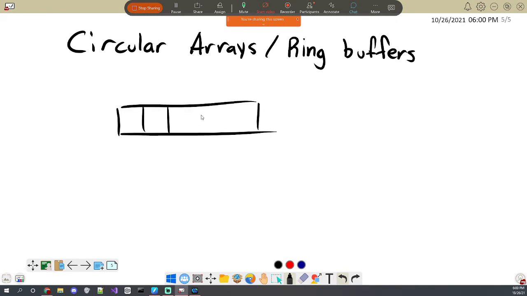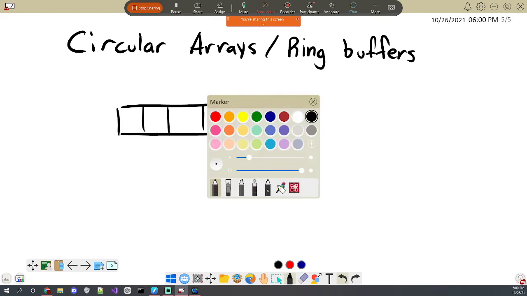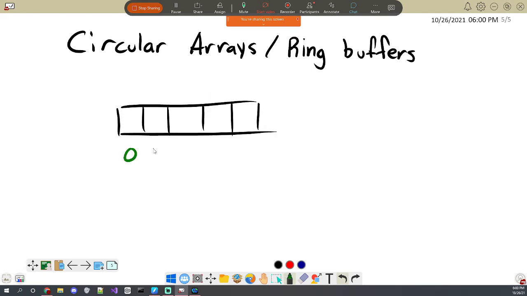So for the assignment, you're going to have to implement one of these, and they're occasionally useful, so I think it's a good thing to know these ring buffers exist. And what they are is usually a static array that you have allocated of some amount of size. You can do these with a linked list as well, which we'll show in a second. But generally, I would just say do it as a static array.